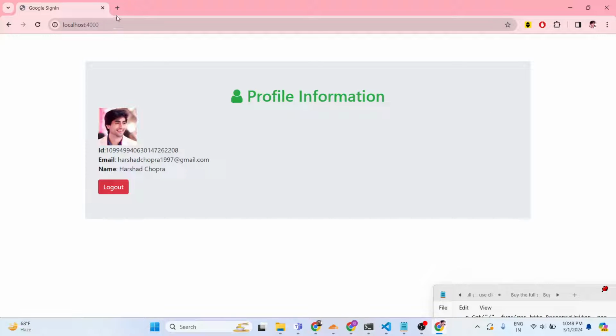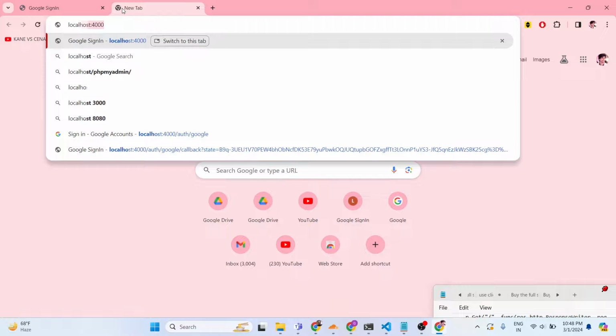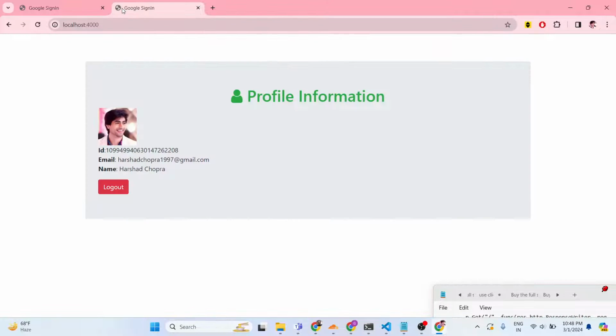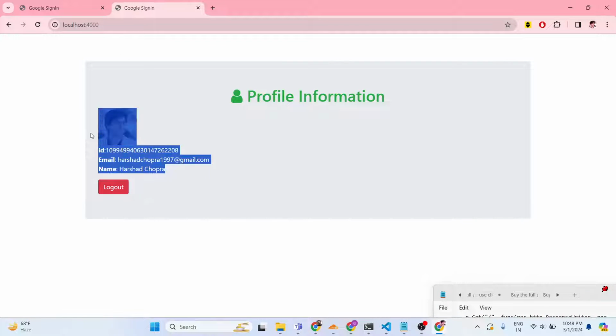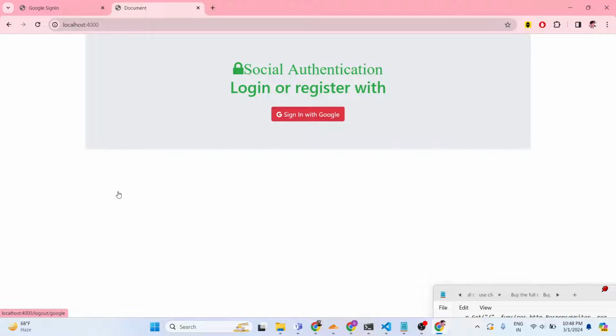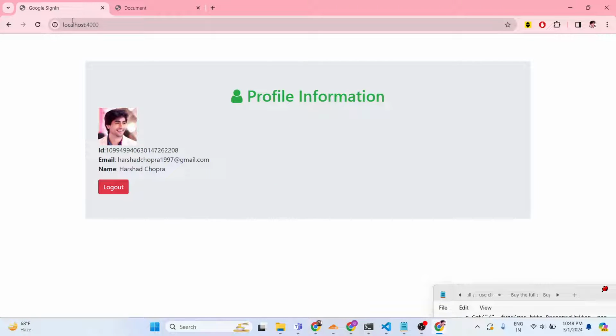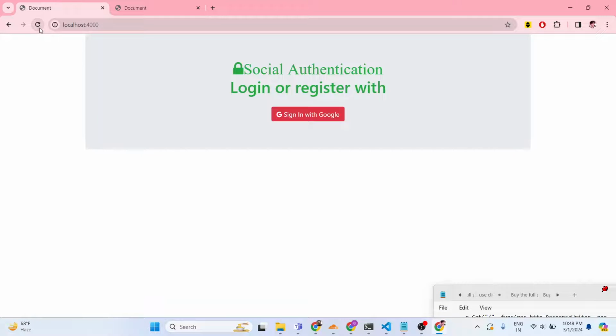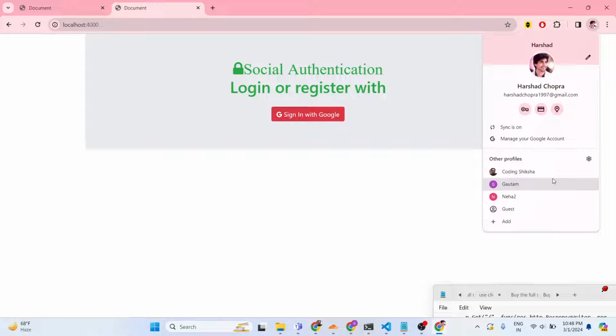If I stay on the same page, you can see that it will stay on the same page. It has detected that I am currently logged in. So as I click the logout button now, if I refresh now, I will be redirected back to the home page. So in this case, guys, we have developed a simple login, logout, OAuth Google system in Golang,